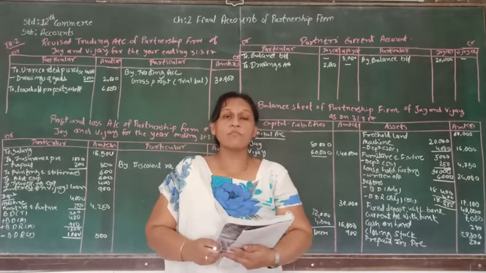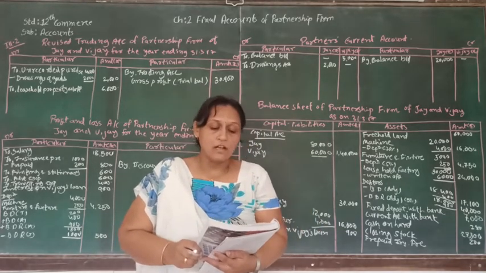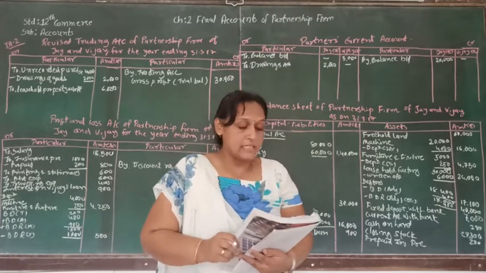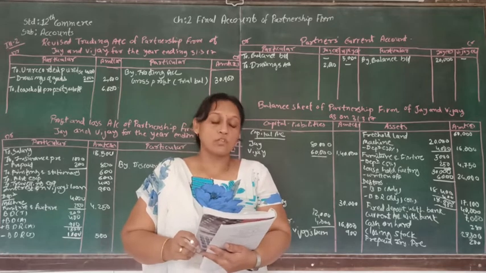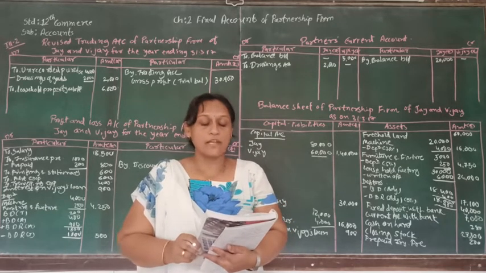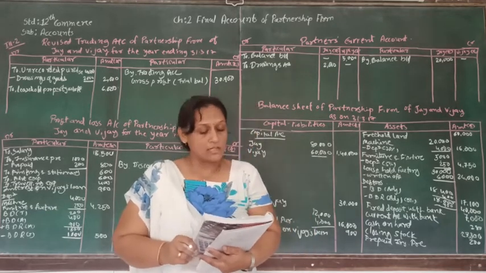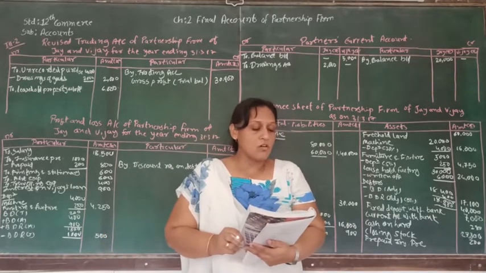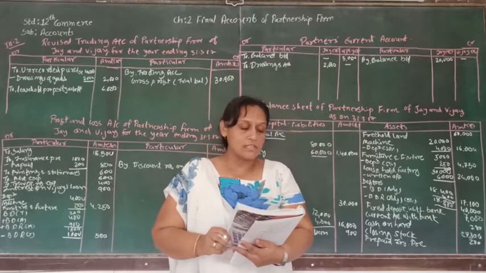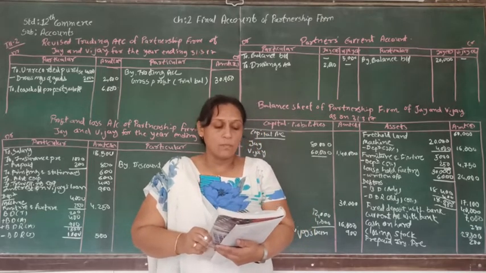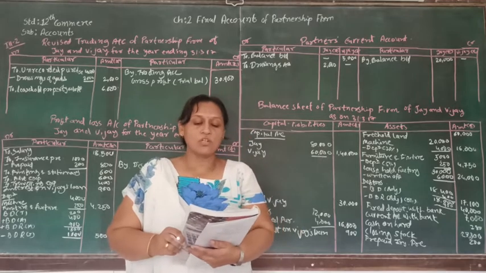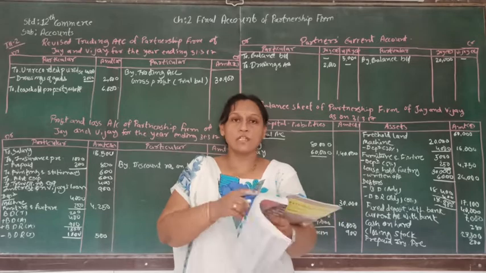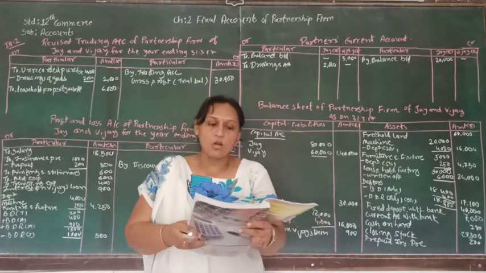Prepaid insurance premium we have already adjusted. Then goods withdrawn by Jai of rupees 2000, that is also adjusted. Then goods of rupees 4000 purchased on credit, which remained unrecorded in the books, that is also done. Bad debt and bad debt reserve is also done. There is no need of discount reserve, that adjustment is also done. Now the sixth one is 20% depreciation on plant and machinery and 5% on furniture and fixture. So here we are finished with the trial balance as well as all the adjustments.